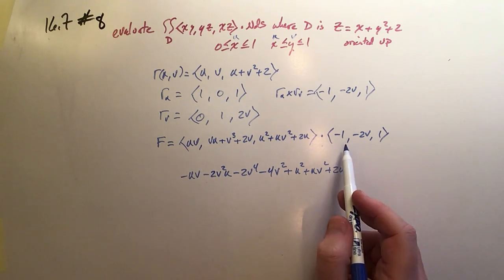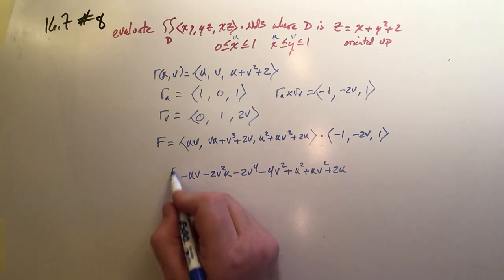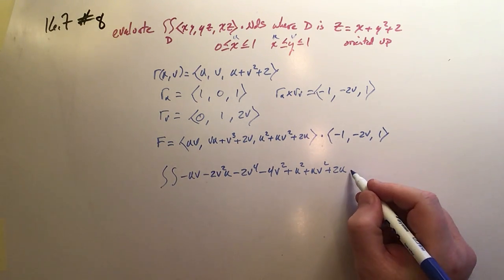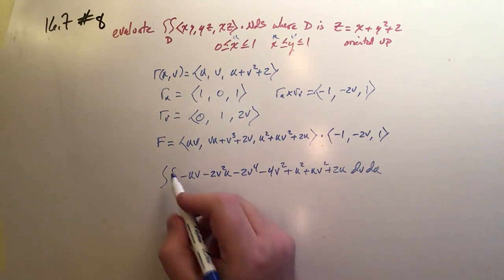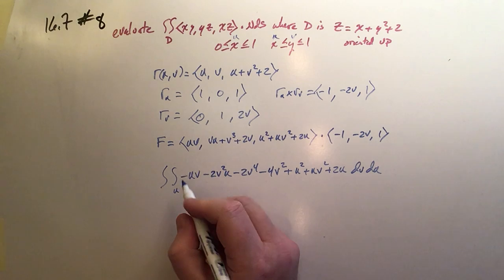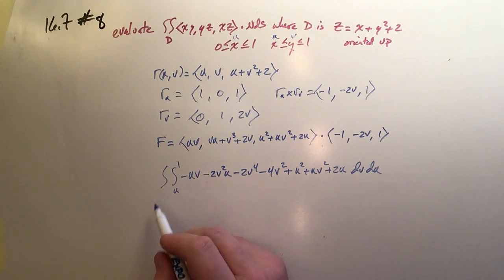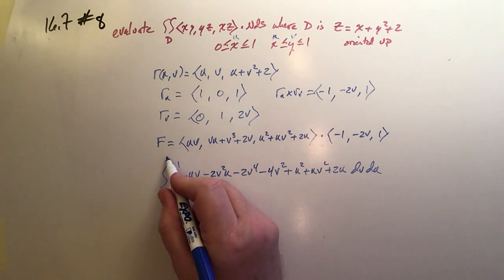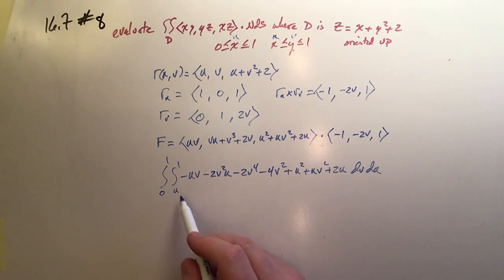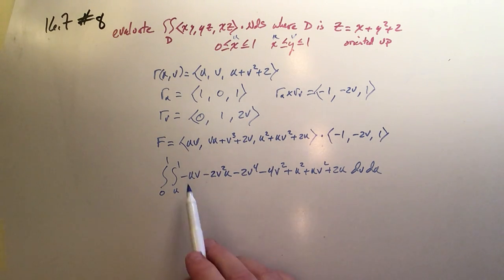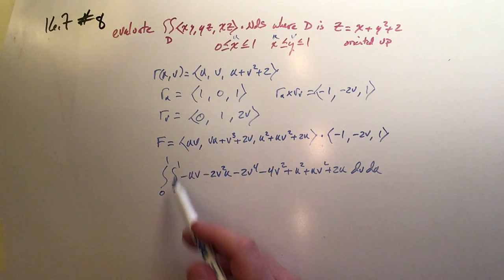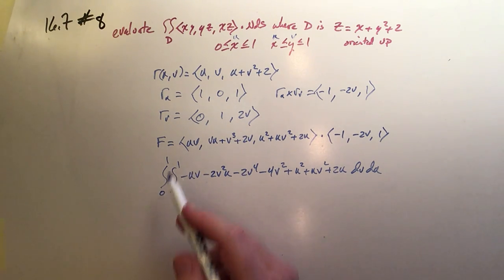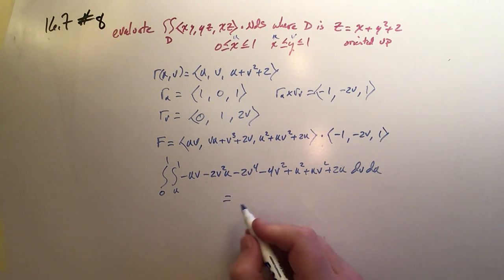So there's the dot product that makes up the argument, and then I just need to double integrate this. I've got to do v first, so dv du, and the v limits are from u to 1, and the u limits are from 0 to 1. So there it is. It's a big mess, but again, none of the individual parts of the integral are challenging. It's just lots of mining. At least the upper limits are 1. When you're all done with this bad boy, you get